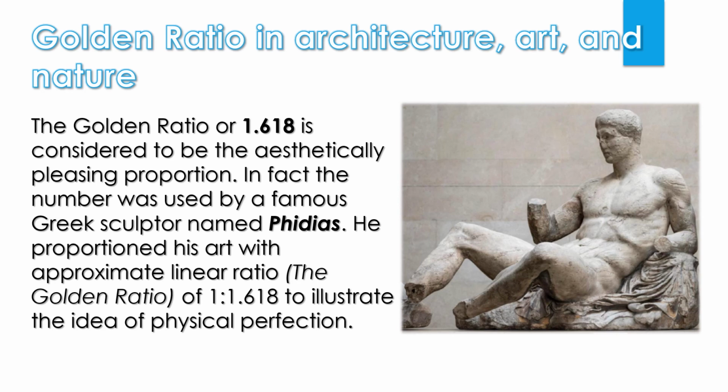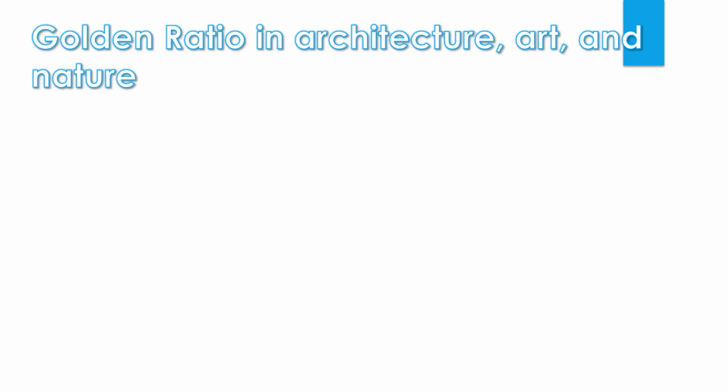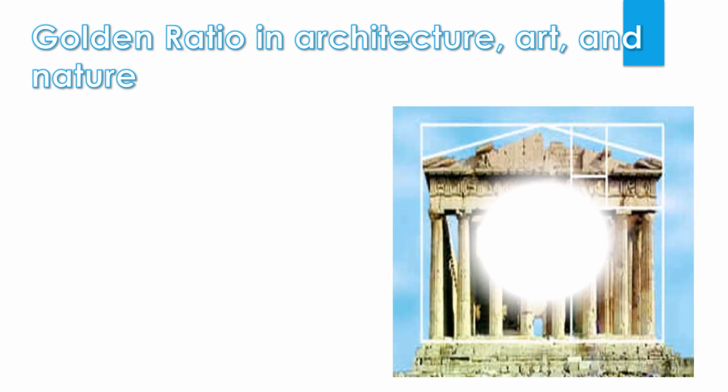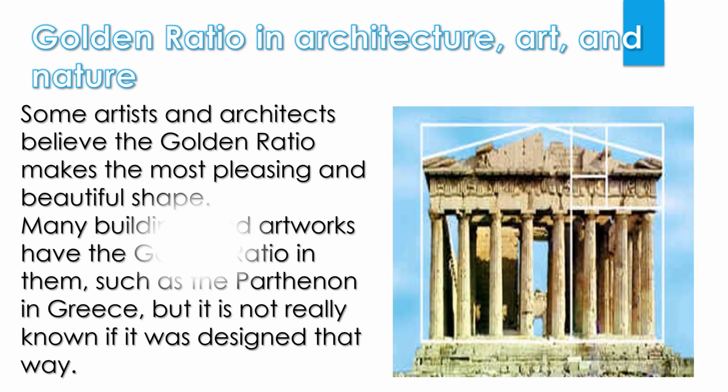Okay, so this 1.618 was used by Phidias to formulate the perfection of a person, or physical perfection. Okay, next. But here, some artists and architects believe that the golden ratio makes the most pleasing and beautiful shape. Okay, many buildings and artwork have the golden ratio in them, such as